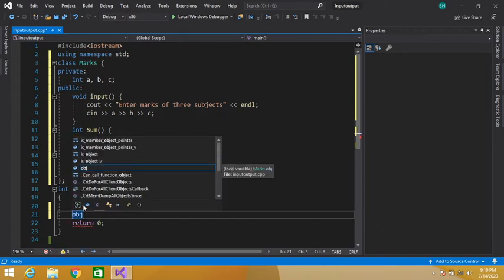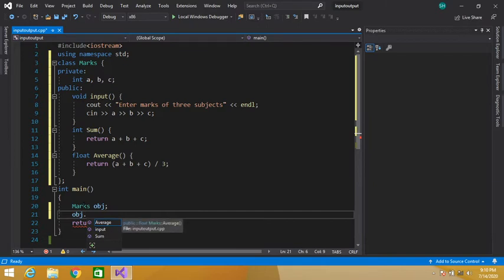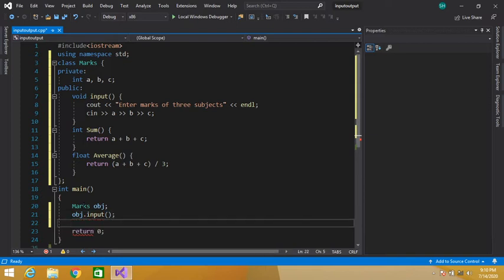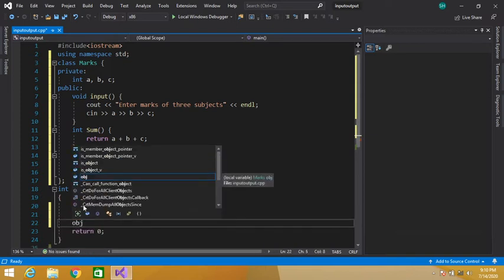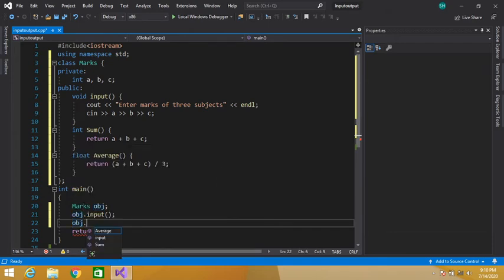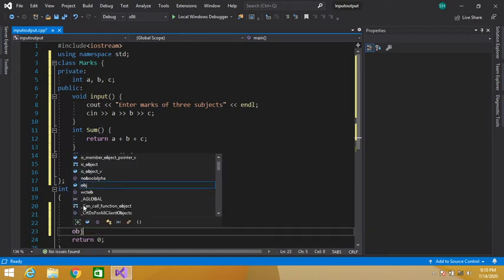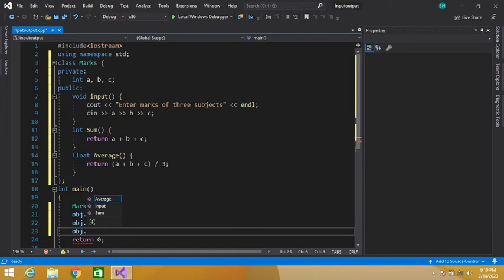Object dot, the first function is input marks. So first we have to input marks, then we will call our sum function to calculate and return the sum, and the third function is to calculate the average. So this function will calculate the average.